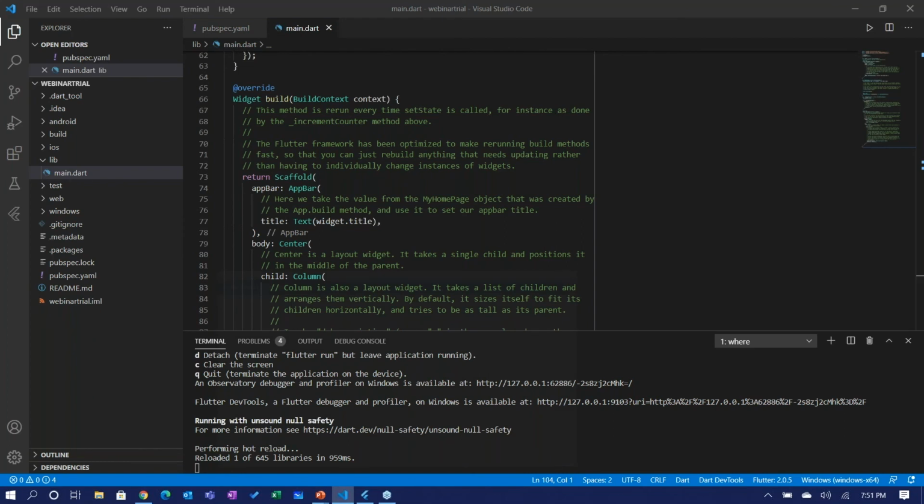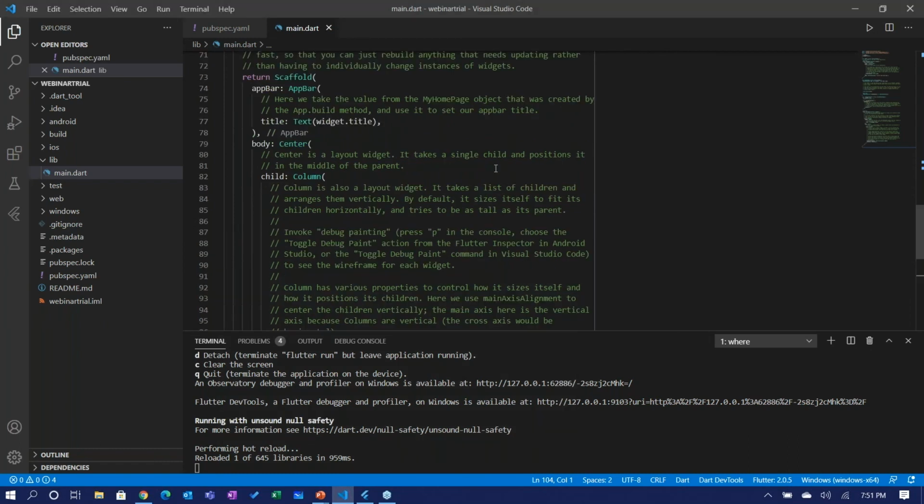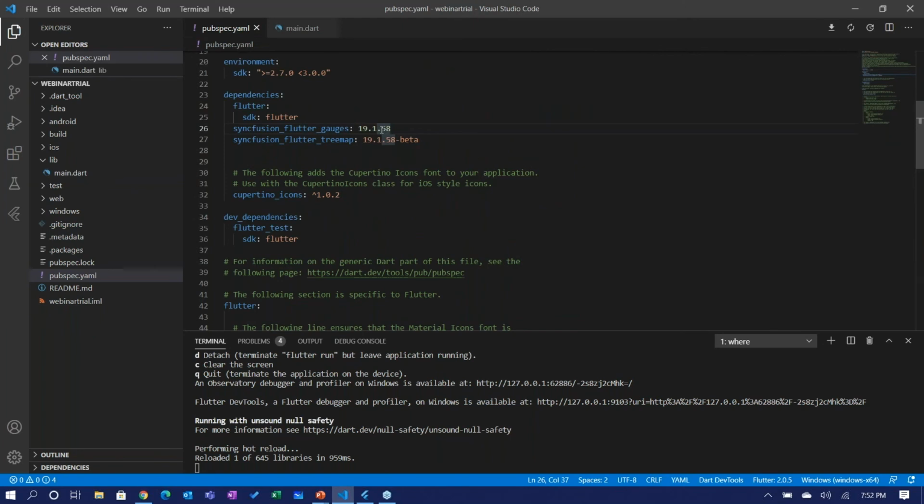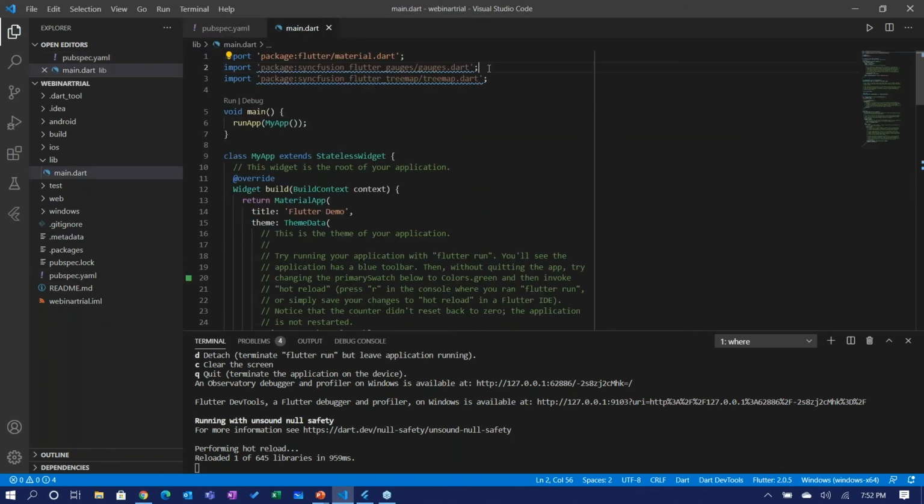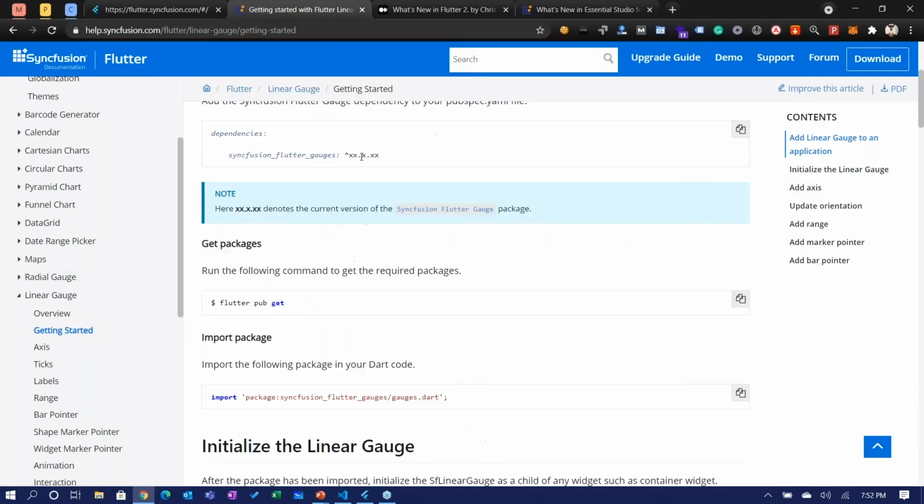So to show you how easy it is to follow the help documentation, let me go to the help documentation, and there you go. All you have to do, as I said before, is add the dependencies, then import the packages, and then initialize the linear gauge. So I'm just going to initialize the